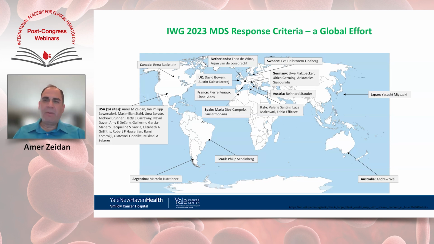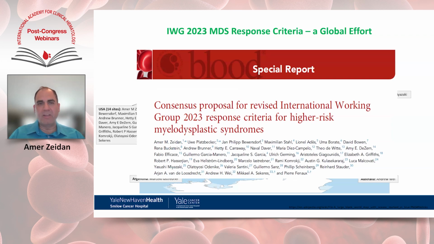As I mentioned to you, there were many failures of trials looking at high-risk MDS, and I think part of that failure was related to the use of response criteria that did not reflect clinically meaningful benefits. So in an effort to overcome the problems with the 2006 response criteria, a large group has come together in the International Working Group to update MDS response criteria from across the world. This update was done in 2023, published in Blood, for those of you who are interested to read the full paper. And these criteria have started to be used in several clinical trials and being reported.